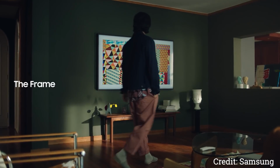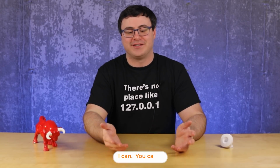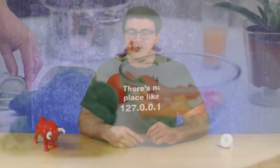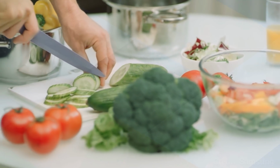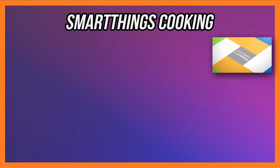Every once in a while, you're going to have to eat something that you actually made, and as bad as that sounds, you can't always order from Skip the Dishes or another food delivery service. So when you finally decide to buckle down and make something for yourself, you can use this acquisition that Samsung made a few years ago and a new service that they're rolling out to really make this a seamless experience. So what Samsung had bought a while ago was something called Whisk, and that includes 4 grocery delivery services: